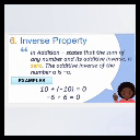Next is inverse property. There are two types of inverse property, that is addition and multiplication. Let's start with addition. It states that the sum of any number and its additive inverse is 0. That is, the additive inverse of number A is -A. So, let's understand with the help of one example. 10. When we take the additive inverse of 10, that is -10. 10 + (-10) will be 0. Let's move to the next one. -6 + 6. We are getting the answer as 0. So this is the additive inverse property.